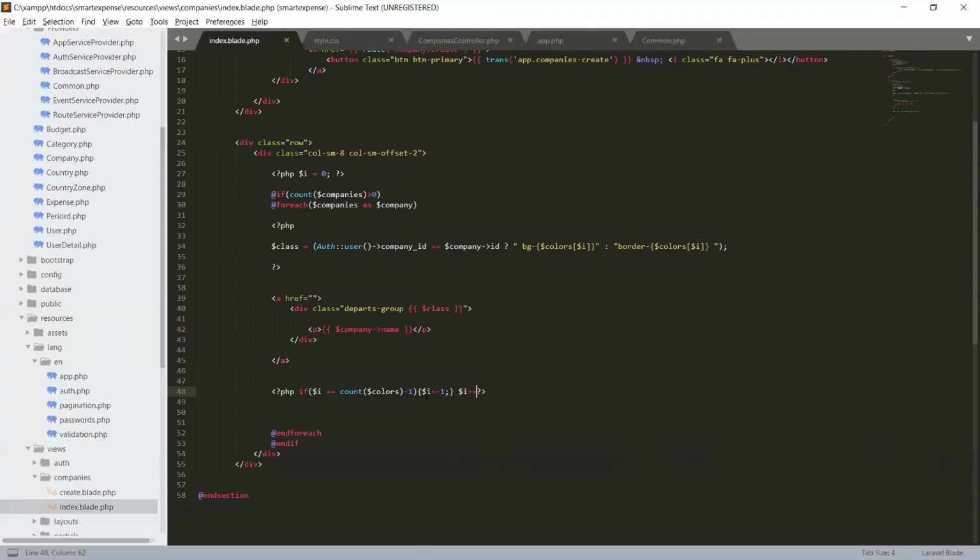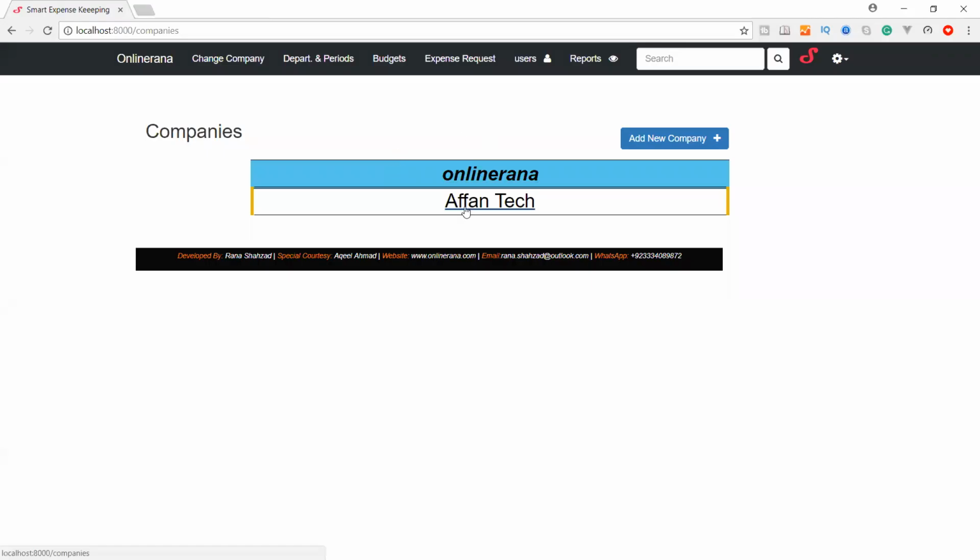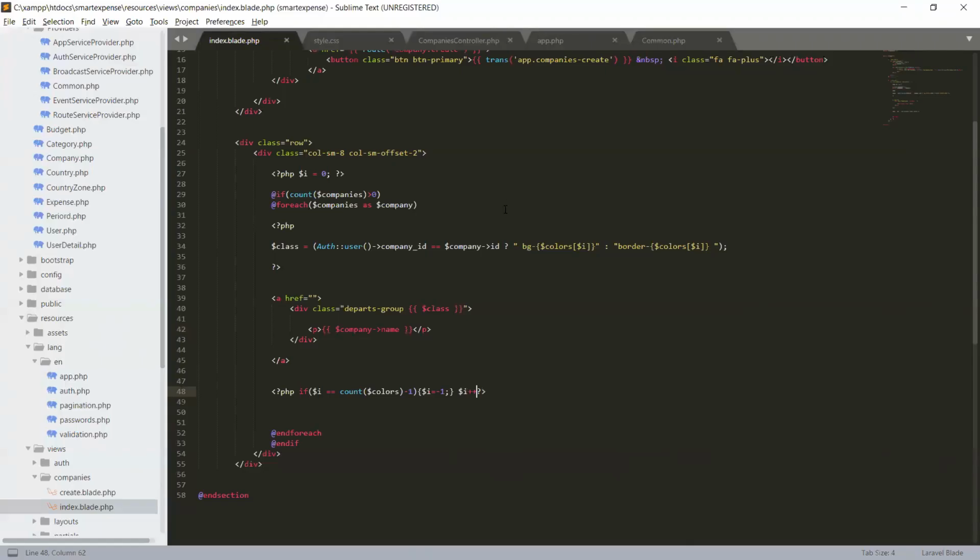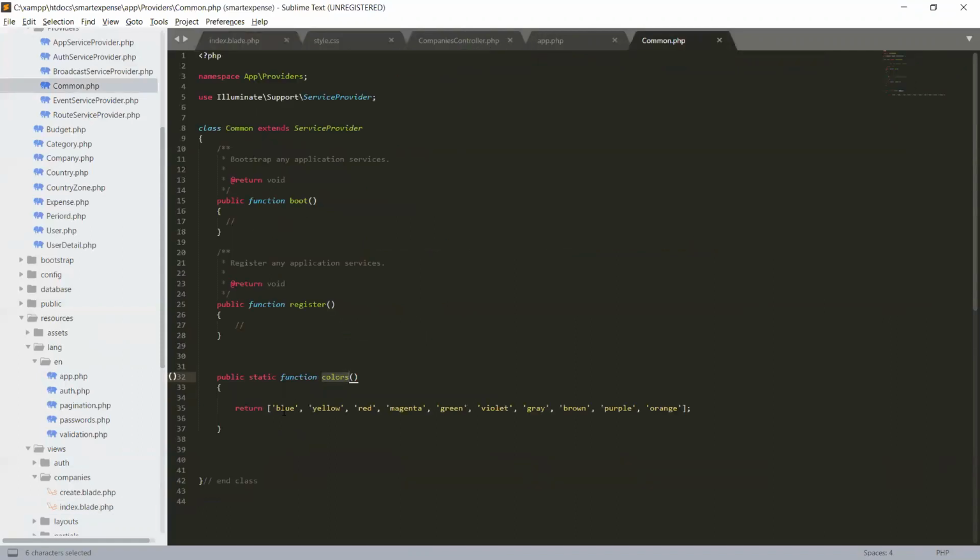You remember? Suppose we have nine indexes. When it goes to the 9 index, suppose there are 9 companies, what will be the color of the 10th index? There is no color in our array that we have in the common file. We have only 9 indexes.